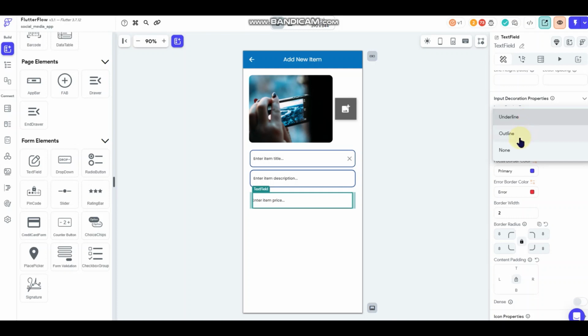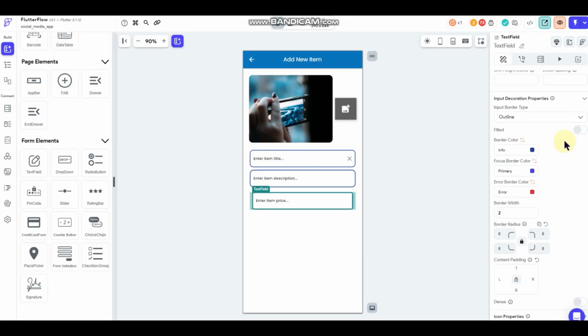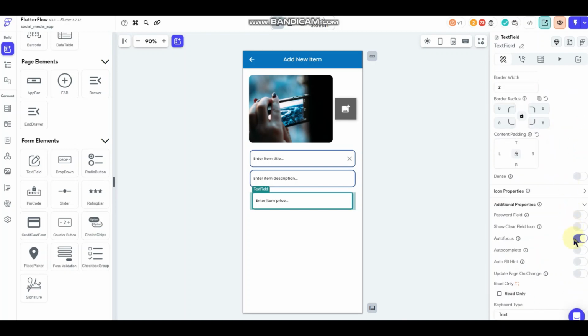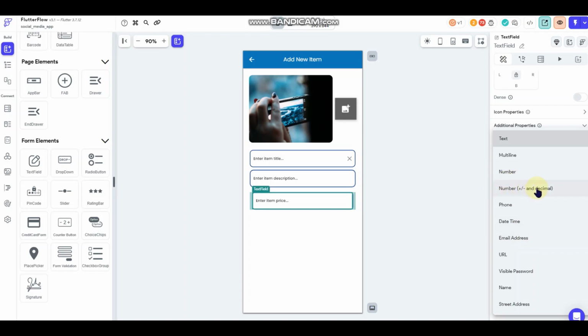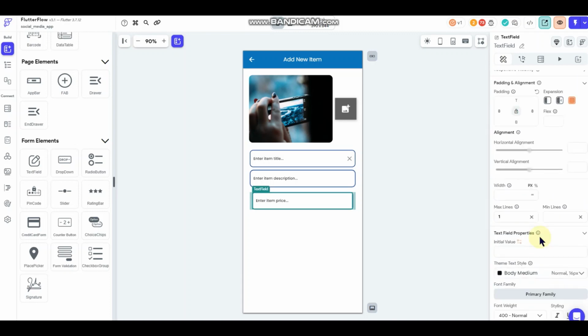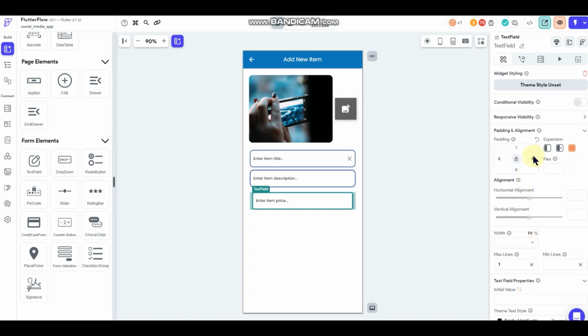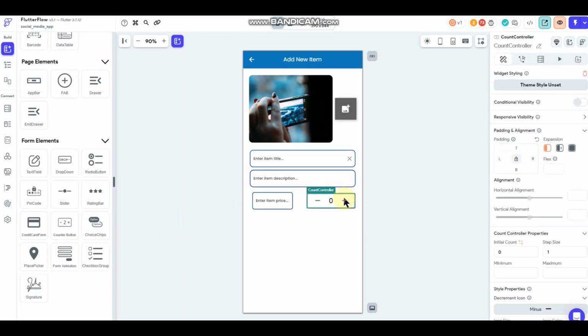And we will outline that blue there. Turn autofocus off, and we'll change this to a number with decimal point field type. And then I'm going to move this over just a little bit out of my way. And now I'm going to put a count controller in here,